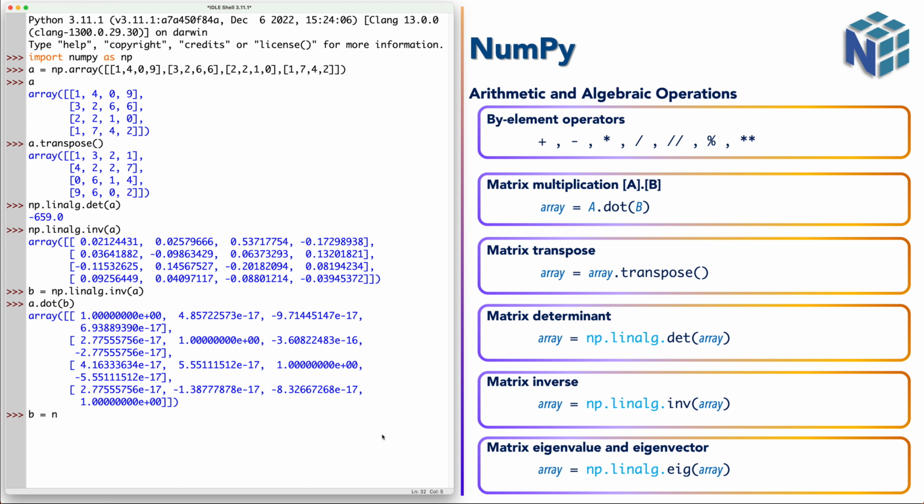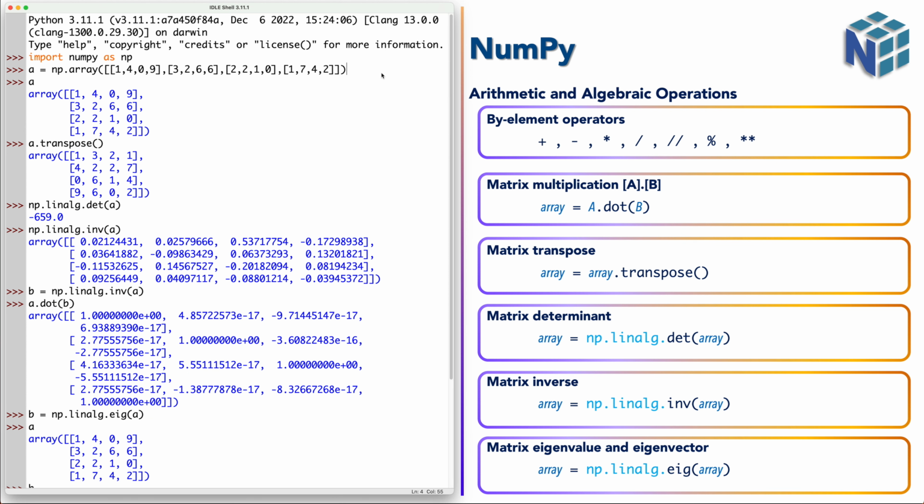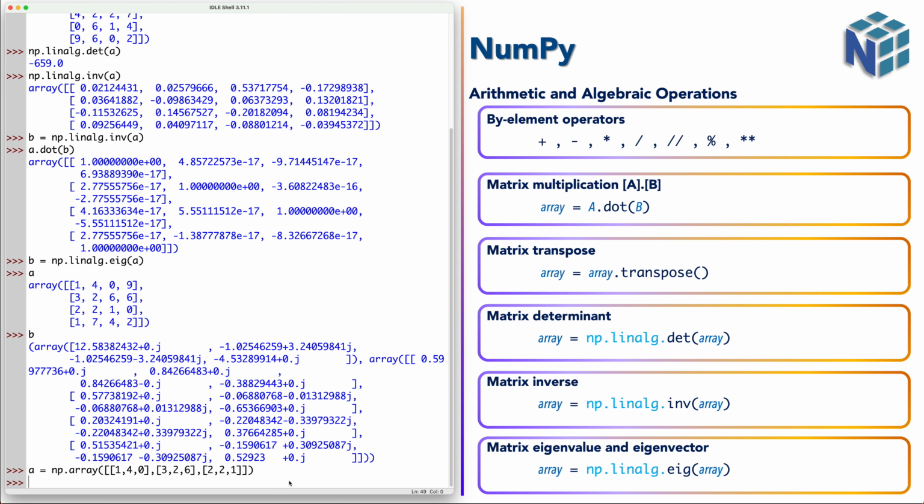B equals to it is divided into two parts, so it is actually a tuple. Let's do it in a better way. Let's try to reduce the size of A. So let's say so in this way we made a smaller matrix, 3 by 3, and let's use